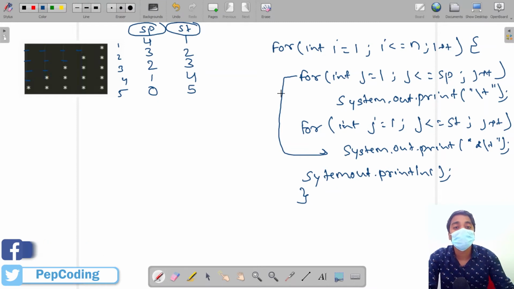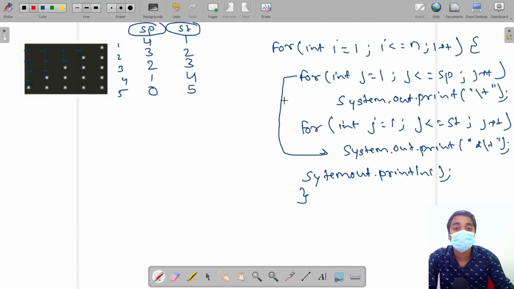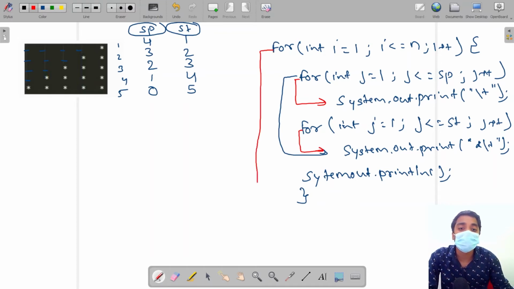So here this for loop will print the number of spaces. This for loop will print the number of stars, and the outer for loop will print the number of lines.